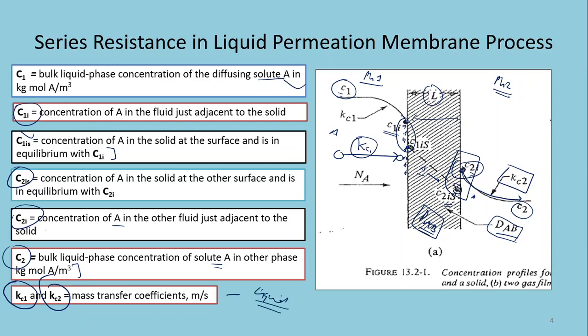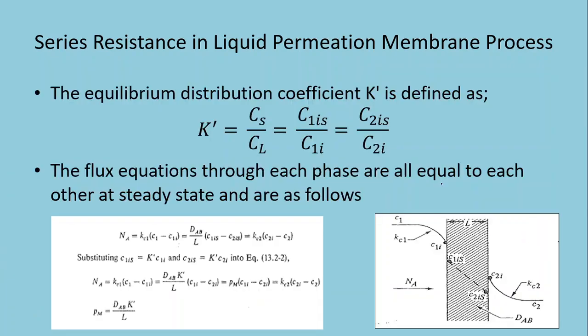So liquid phase mass transfer is governed by Kc1 and Kc2, and in the solid it is governed by diffusion. And at the adjacent, in the solid and liquid, both are in equilibrium, and equilibrium is denoted by the capital K value, which we have already gone through. So now, if you want to understand the meaning of all these diagrams, let us come to some solutions. The equilibrium distribution coefficient is between the solid and liquid phases.